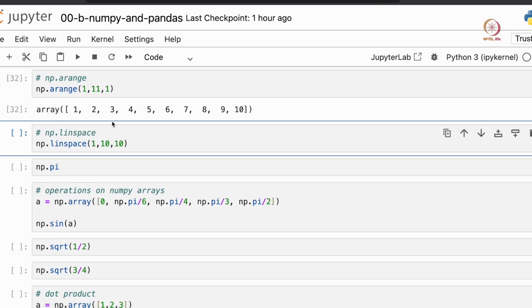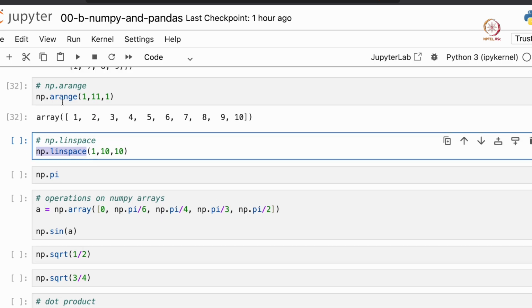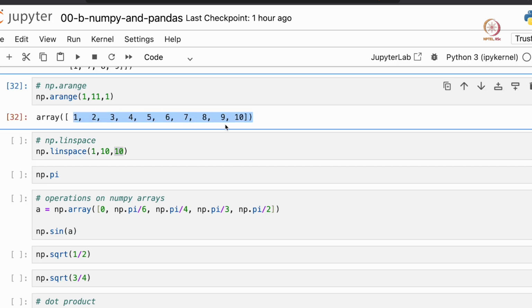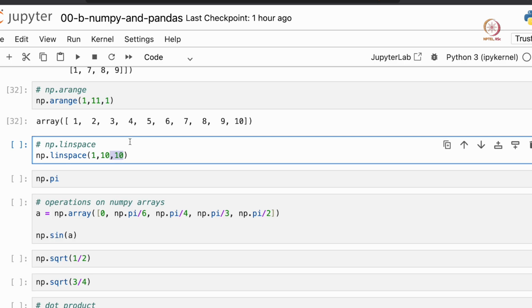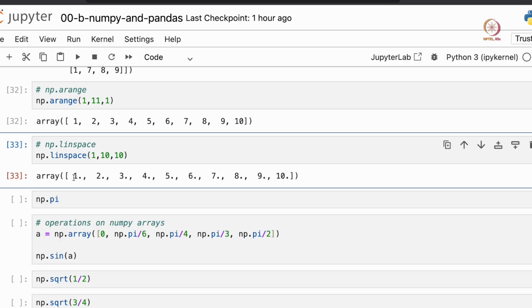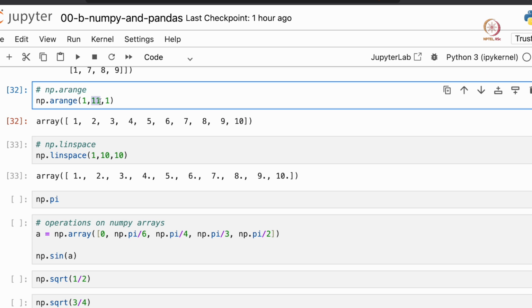Another similar function that has slightly different usage is np.linspace. So similar to np.arange, you can provide the start and the end, but the final number is not the step, but the total number of elements in your array. So if I want this same array, I can use np.linspace, and instead of providing 1 here, I can provide 10, because there are 10 numbers between 1 to 10. So if I run this, we get floats here, 1.0, 2.0, 3.0, etc. But it starts with 1, ends with 10. The other difference is in arange, the second argument is not included by default, but in linspace, it is included in your array by default.